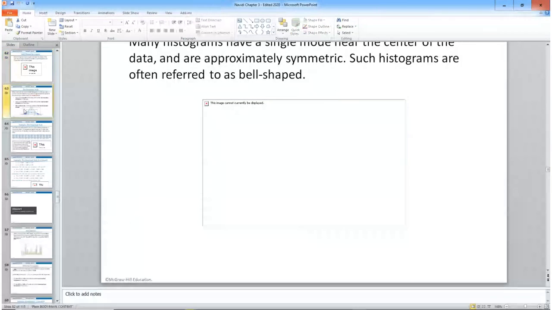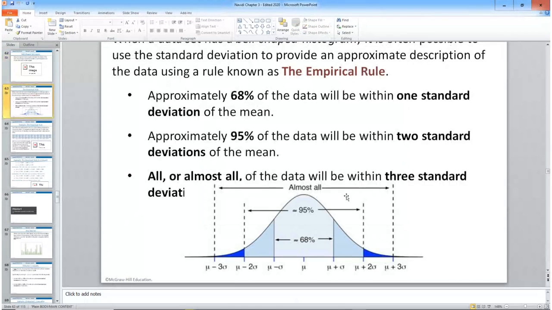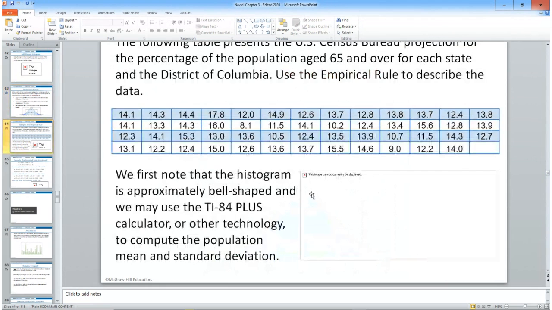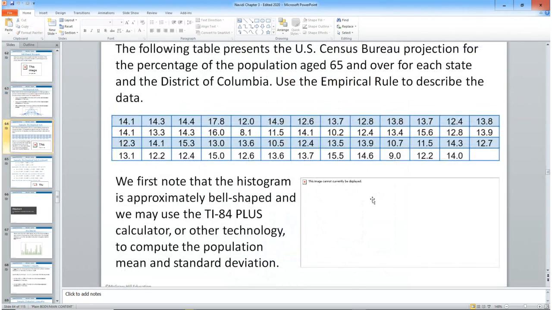That's what the empirical rule is about. So if we want to find the boundaries of 68% of the data, then whatever our mean is, we're going to add to it and subtract from it one standard deviation. Now, this was data that we looked at. We did a stem and leaf plot on this. This was 51 values, and it was the percentage of people 65 and older in all of the states plus